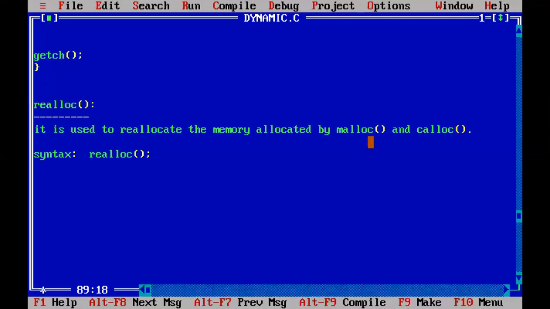Whenever it creates any memory, it returns a pointer to that particular memory. That pointer we will take here. For the memory associated with this ptr, in addition to that memory, we are going to allocate memory for the other 3 elements or 4 elements. So here we have to write the number of elements.